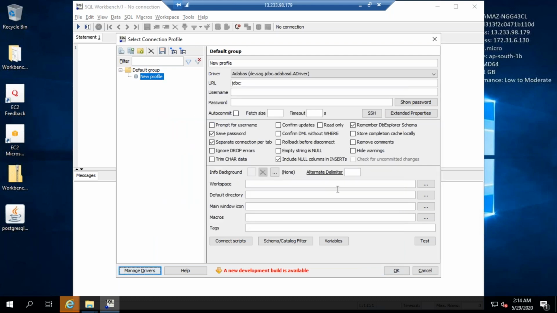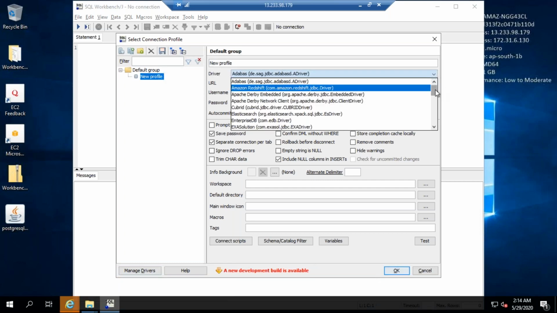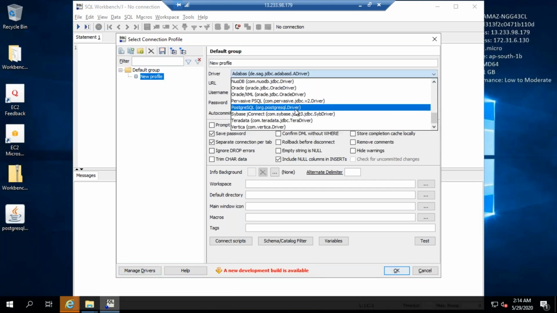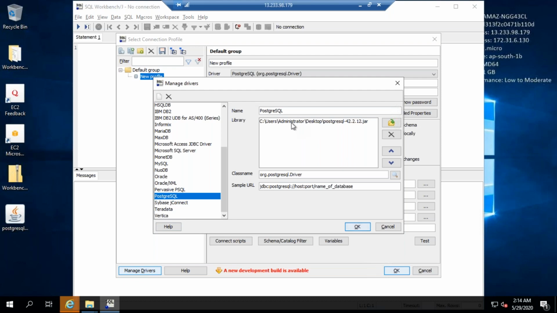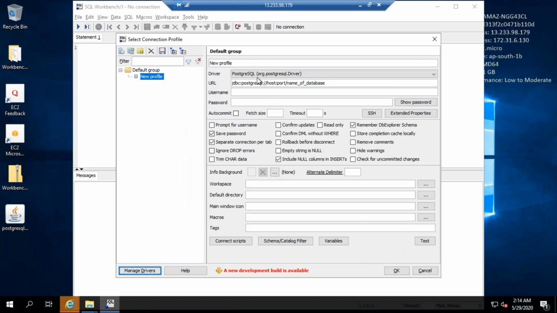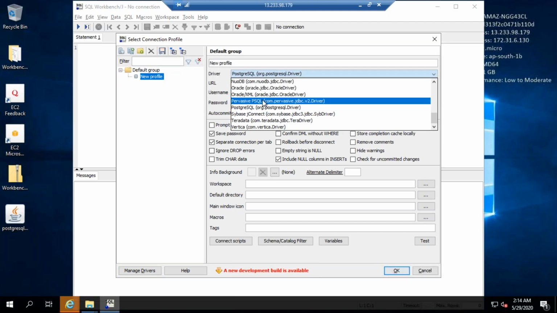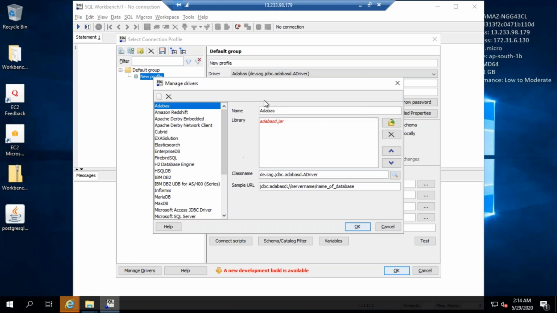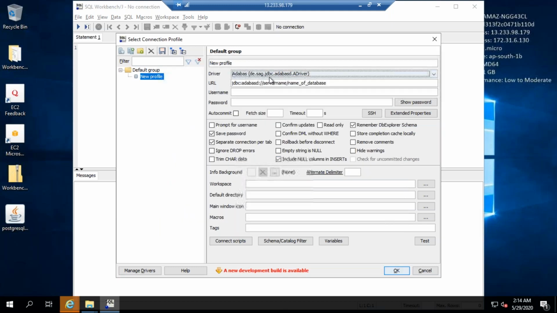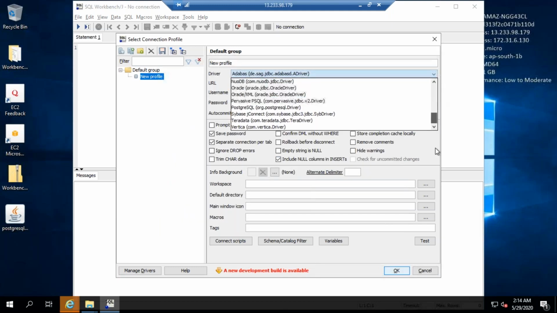I'm just clicking OK. When you click OK, it is not coming, so just click here and come down. You can see something called Postgres. See, very simple, friends. Just click manage drivers first. Here you need to select the library, the jar file, then click OK. If Postgres is selected, that is fine. Otherwise, by default it will be there here, so that's why you need to change this to Postgres.